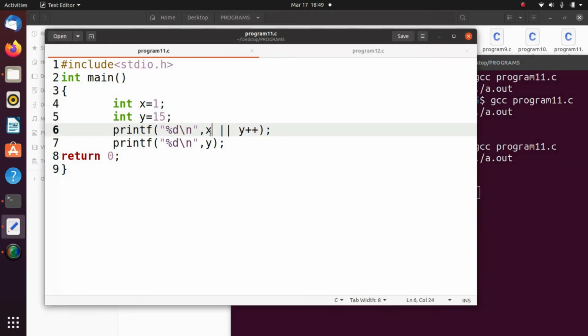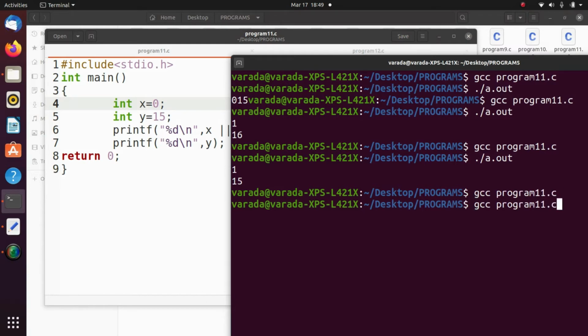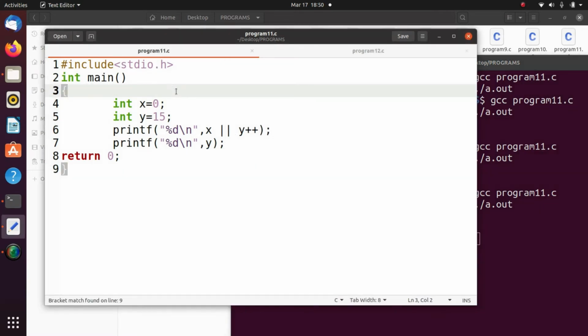Why? The first expression is true, so it ignores the remaining expressions. If you take 0 as the x value, now it returns 1 and 16. I hope you all understand how the logical operators are evaluated.